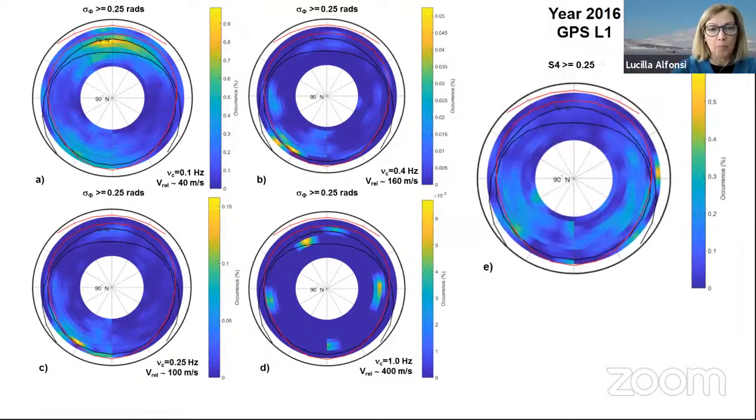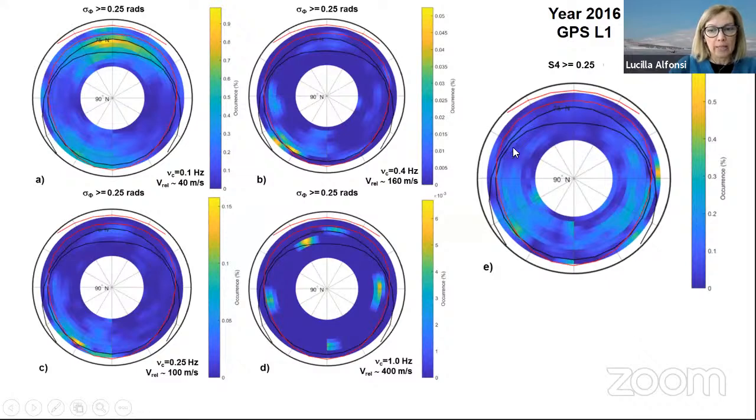And if we compare the picture of the phase scintillation with the picture of the amplitude scintillation, that, as we have seen, doesn't have the problem of choosing the best cutoff frequency because it doesn't need to be detrended, we can see how different this picture of the amplitude scintillation is with respect to this one, the default choice of 0.1 Hertz cutoff frequency. In principle, we shouldn't have this great difference between the amplitude and the phase scintillation. I will say why in a few slides.